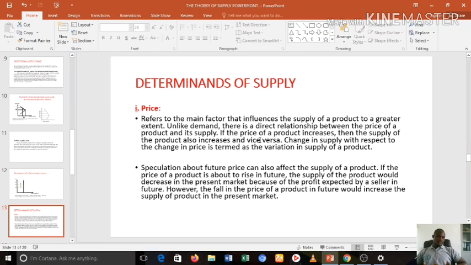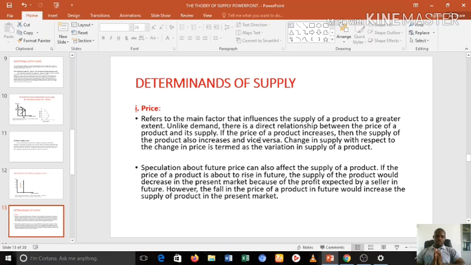If you are a supplier, of course, we said that an increase in price will lead to an increase in quantity supplied. So generally, this is the main factor that will influence the supply of a commodity. When producers see that there is an increase in price, of course they'll be motivated because they know that if they increase their supply of goods, they are going to make higher profits. Remember, their main objective is profit maximization. They want to make profits.